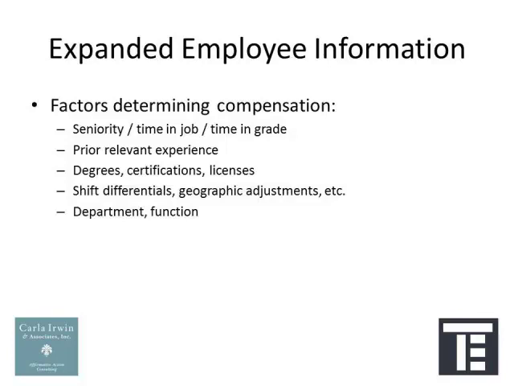Department and function. Now, some of this may overlap with what you're doing in terms of the AAP group, but depending on the particular department or the function in which the employee works, there may be differences in compensation. And really what we're trying to do by capturing all this expanded information is to explain the differences in compensation between two employees that appear to be similar. So even though they have the same job title, if they're working in a different department or a different division, that may be a reasonable, non-discriminatory explanation for why their compensation levels are different.